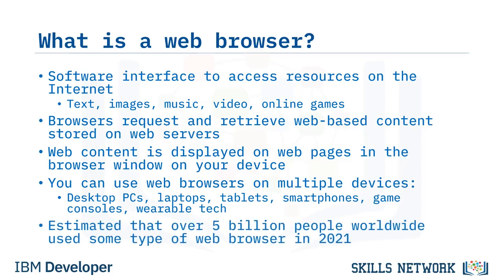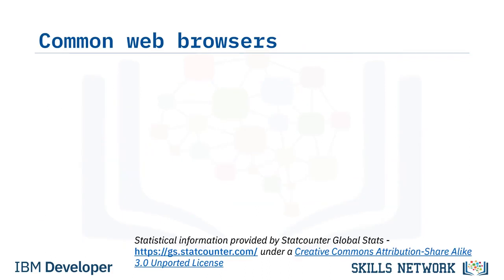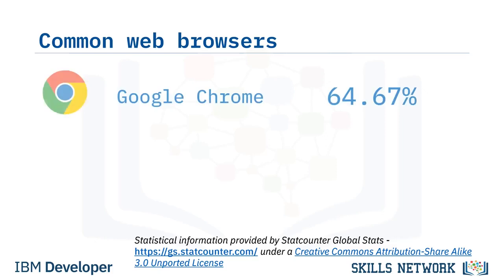It is estimated that in 2021, just over 5 billion people around the world used some type of web browser. According to statistical information provided by StatCounter Global Stats, as of October 2021, the most commonly used web browsers, according to worldwide market share across all platforms, are Chrome by Google, which has approximately 65% of the market share, Safari